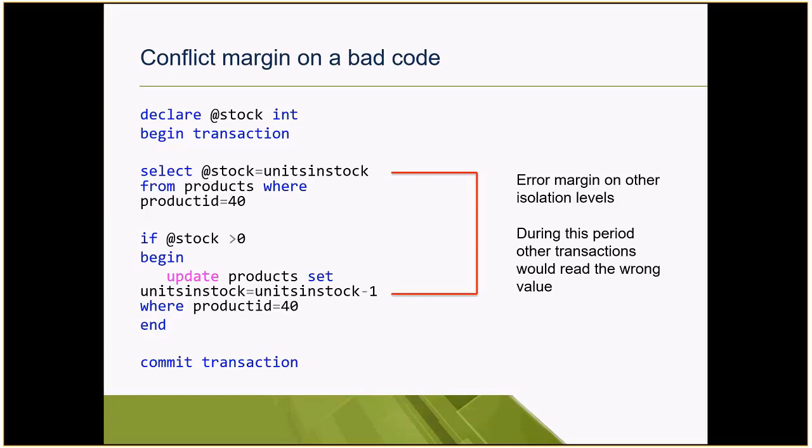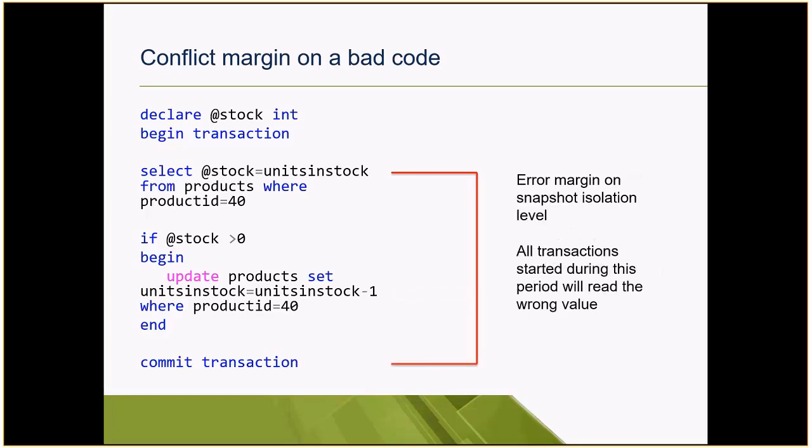However, when we change this to optimistic concurrence, our transactions will be reading a version of the record from the version store. In this situation, the error margin is bigger